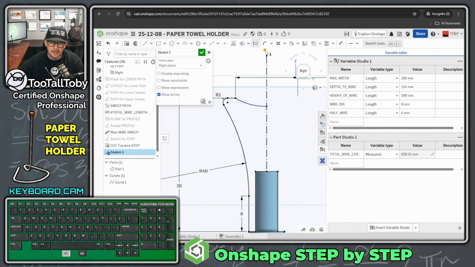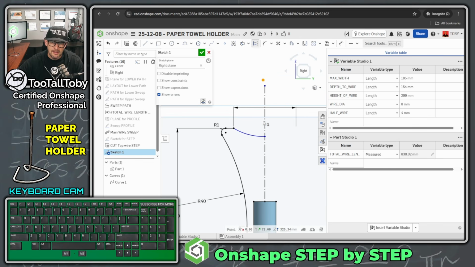And then the center point of that arc is going to be coincident to this line here. So we press I, make that coincident. Now we can add a dimension. The dimension is going to go from this line down to this point here, and that dimension is going to be 2 millimeters. And then we can finish this thing off by just adding in some additional geometry, a line